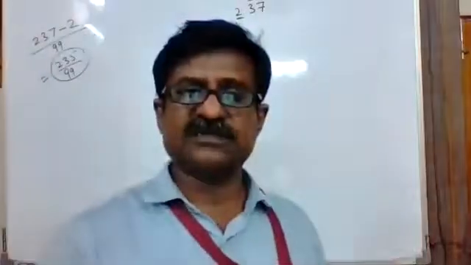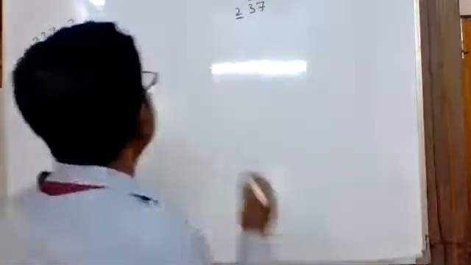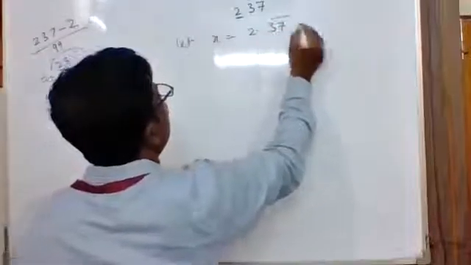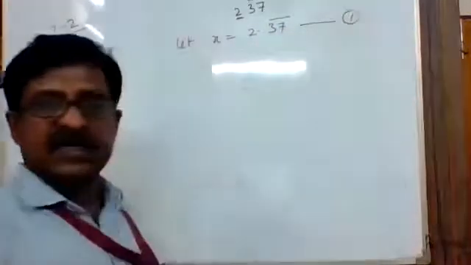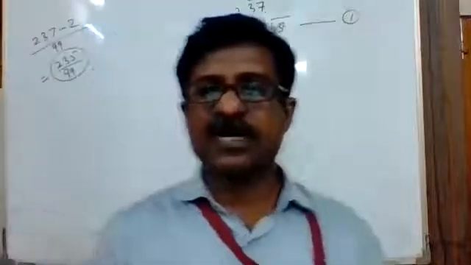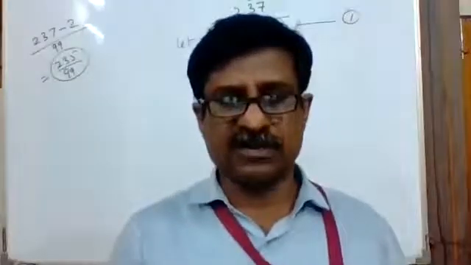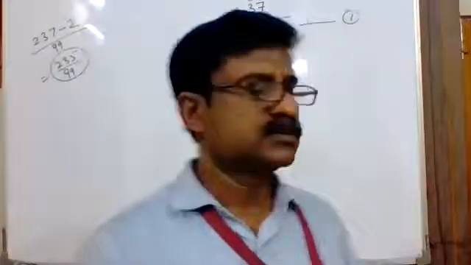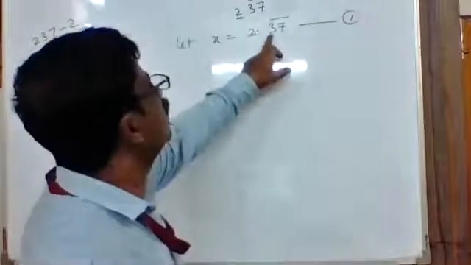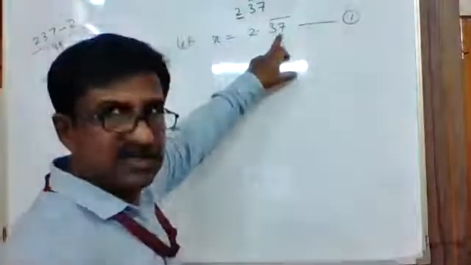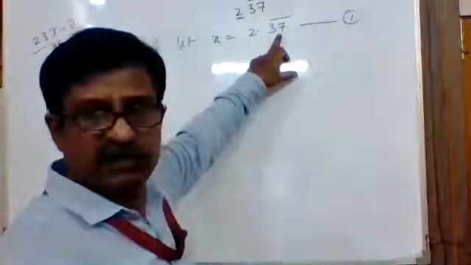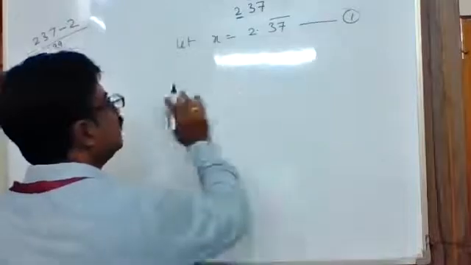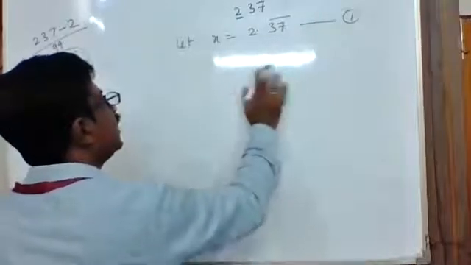By following the steps which we have learned till now. We consider the number itself as x. First step. Second step is we have to see how many digits after decimal are not having the bar. We observe that all the digits after decimal are having the bar. Decimal is here. Just after this, we got the numbers 3 and 7, and both these numbers 3 and 7 are having the bar. Therefore, we have to skip the first step. We don't have to multiply it with any number.